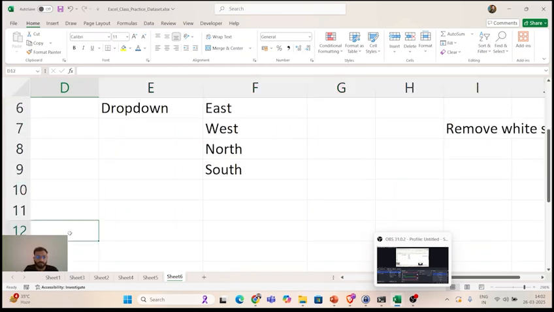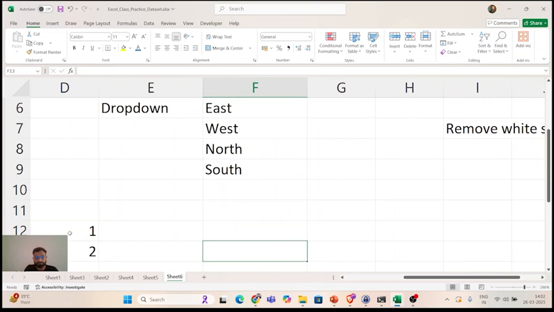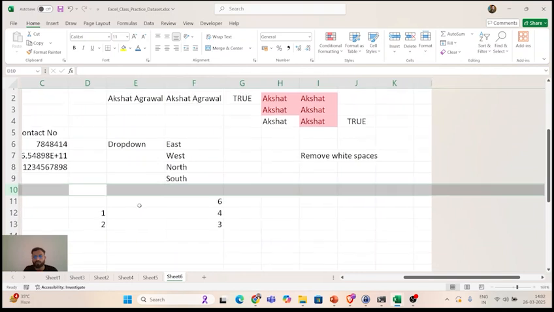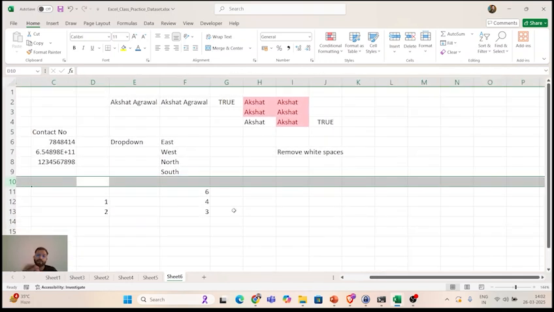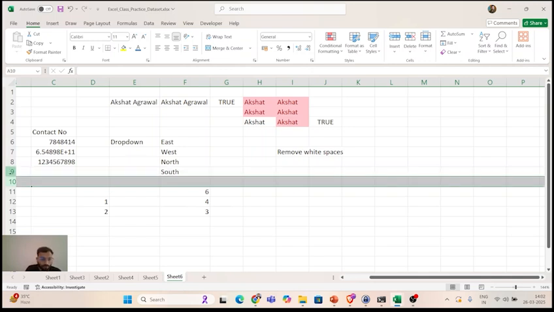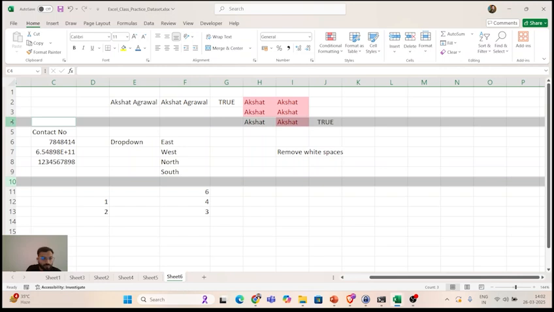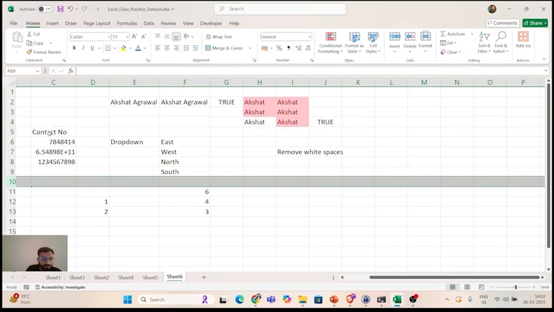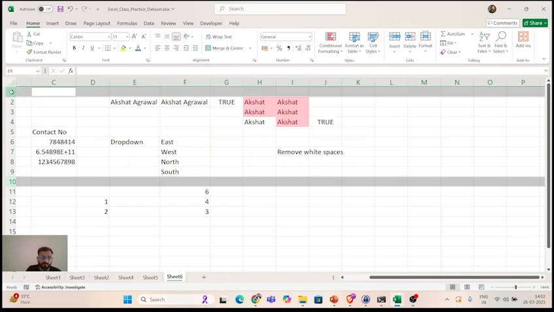Let's say we have some data here as well, right? So these are some blank rows. The whole row is blank actually. Now this will hamper my analysis. I want to remove this blank row, this blank row. Sorry, not this, this one is not blank. So row number 10, row number 4, no, not 4. Let's say row number 1. Yeah, these two. There can be as many as possible.